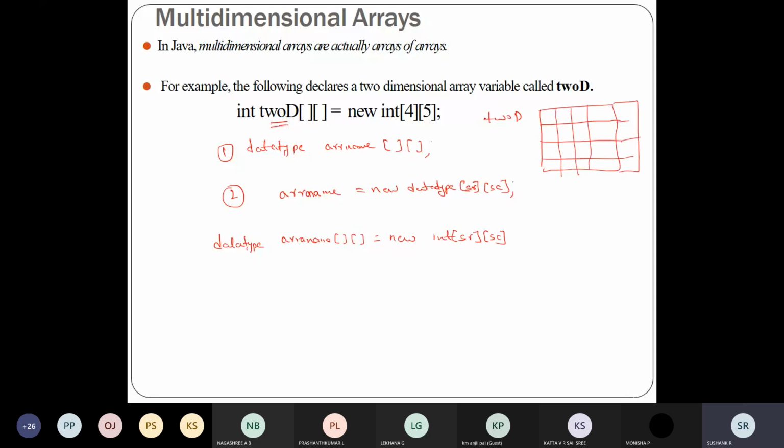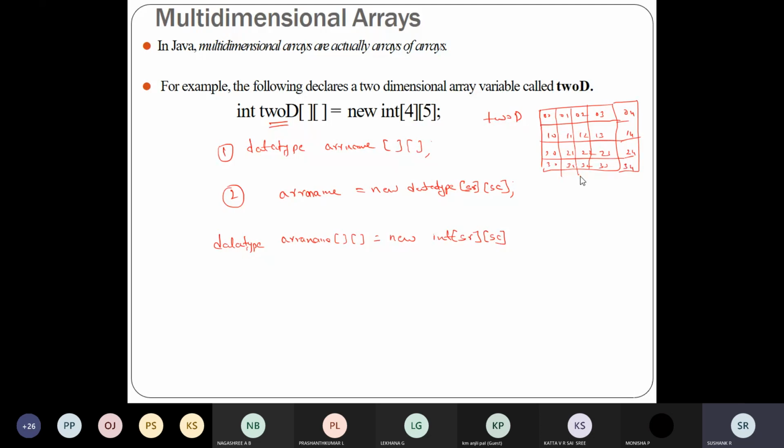Here the first element you can access by 0 0, 0 1, 0 2, 0 3, 0 4. The same way 1 0, 1 1, 1 2, 1 3, 1 4. Then 2 0, 2 1, 2 2, 2 3, 2 4, then 3 0, 3 1, 3 2, 3 3, 3 4. That is the subscript accessing.